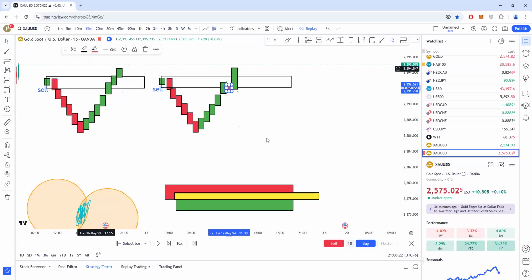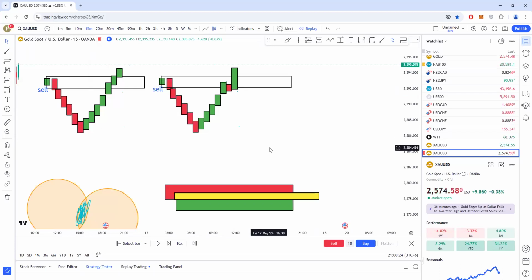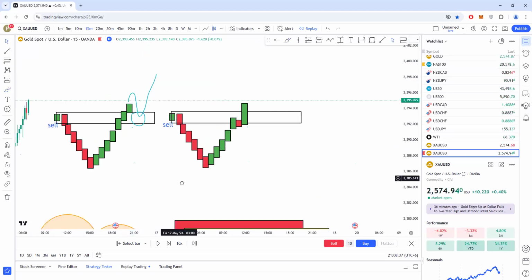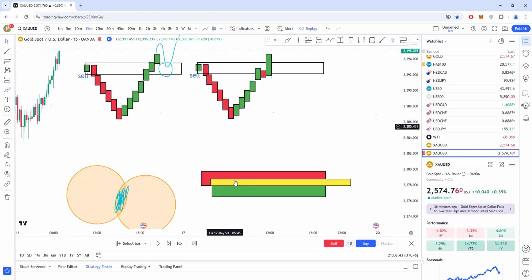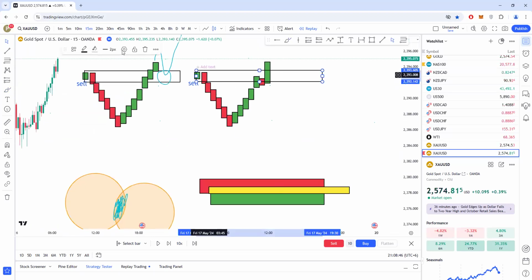You guys getting it? Yes, sir. In our previous scenario, we said this particular area becomes a buy area. If the market comes back here, we are going to buy from here, isn't it? Yes, master. Now, in this scenario, as we see, just like an example we have drawn here, we have this particular